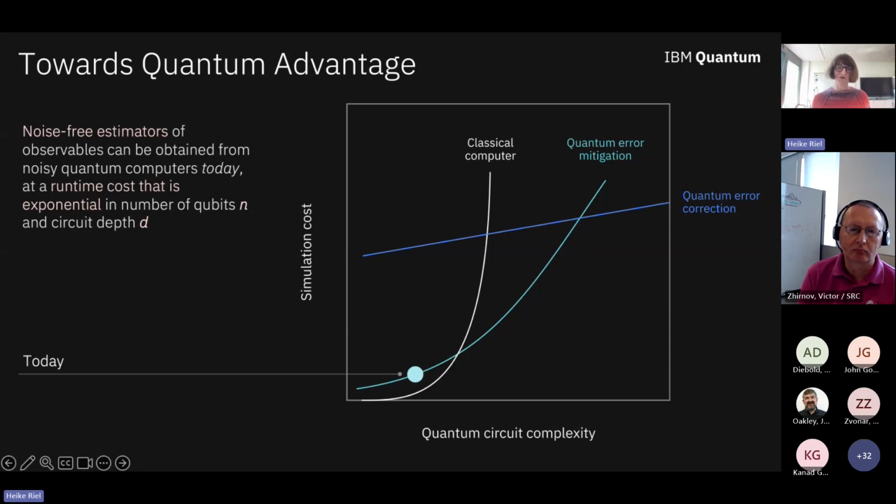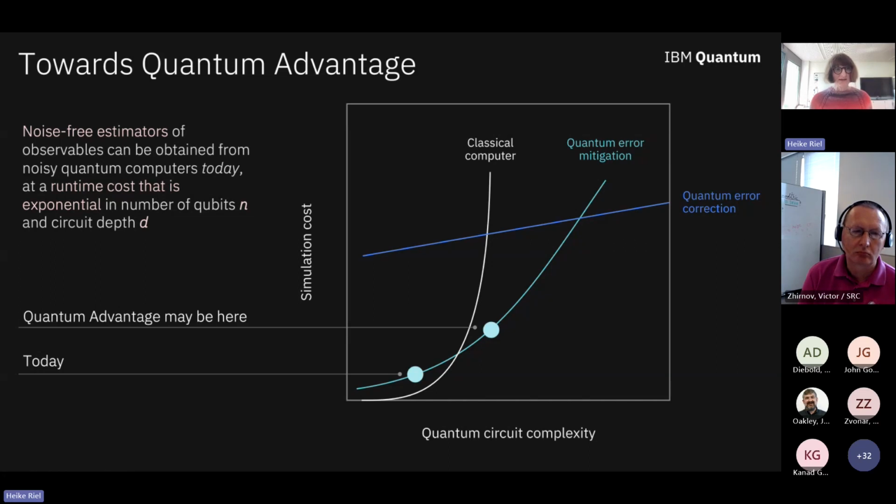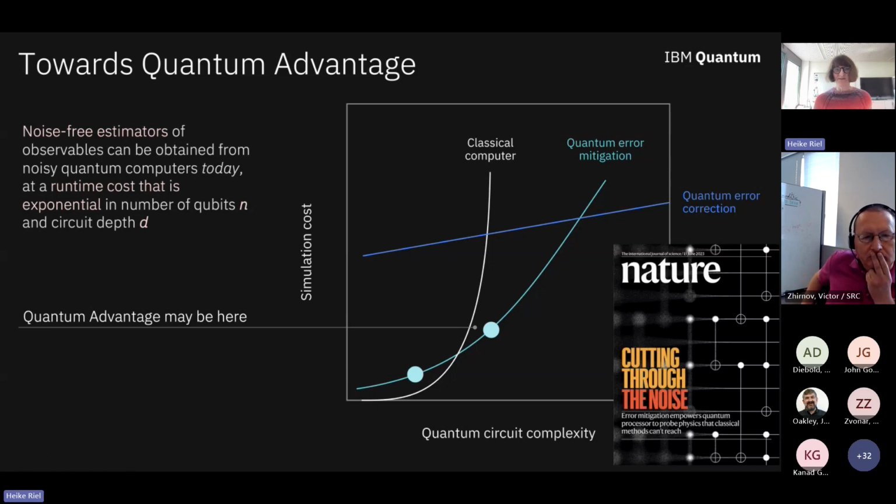But then if you use quantum error mitigation, you can actually live with a bit more overhead, and you can come into a so-called sweet spot regime, where with quantum error mitigation you can actually achieve an advantage compared to classical computing. And this is where a quantum advantage may be. What we have actually demonstrated last year is with a 127 qubit chip, which, as mentioned before, you can no longer simulate these 127 qubits classically. So you cannot classically